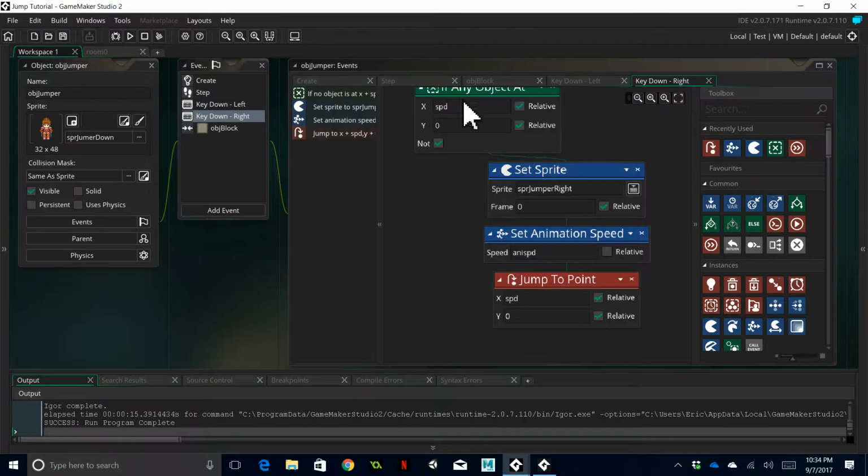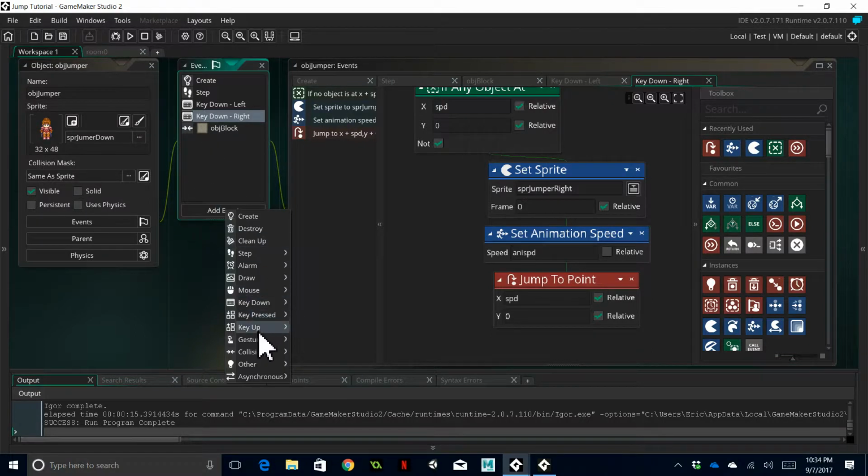Now, one of the problems you see is that when she stops moving, her legs are still going. So we've got to fix that, and basically what we do is when the key goes up, that's when she stops moving. So I'm going to go key up left. Again, it's a new event here. So add event, key up. Again, this occurs when you let go of a particular key. And left,